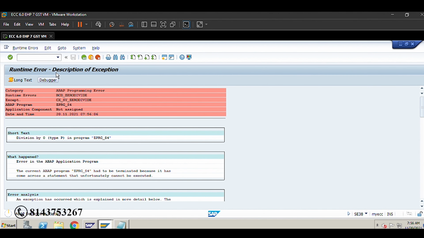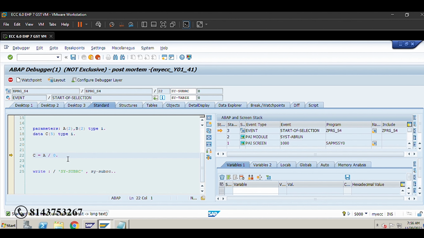I will show it in the debugger what will happen.